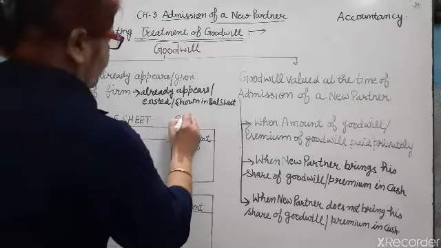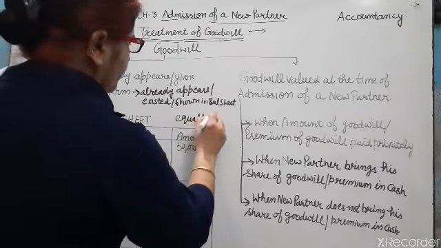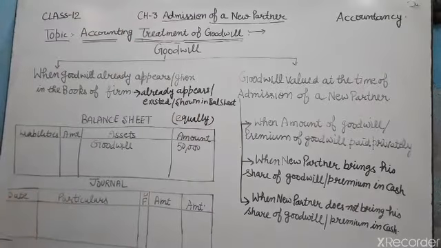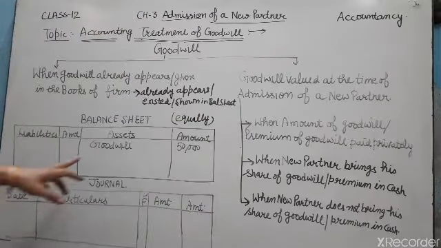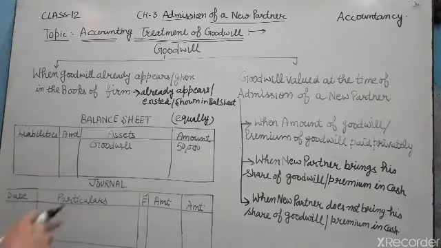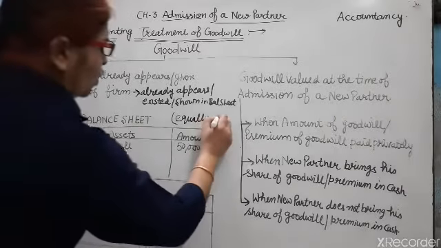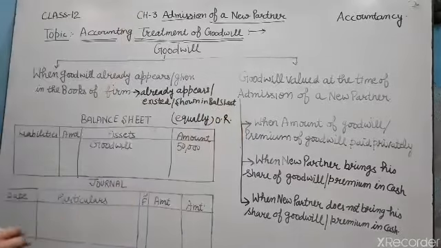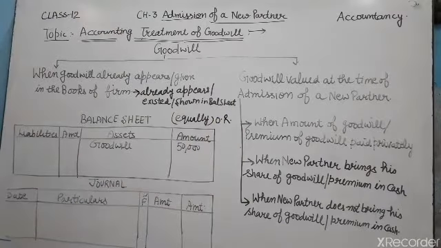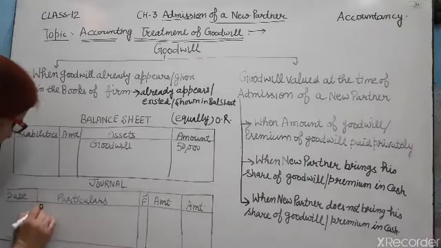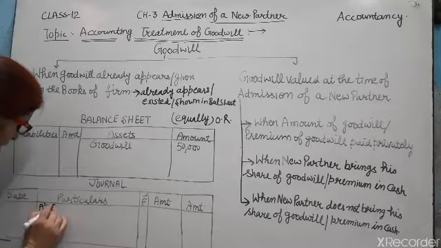A and B are partners. They share the profit equally, and C is admitted for 1/4 share. When C is admitted, this goodwill which is given in the balance sheet, we divide among the old partners in their old ratio. So we write the journal entry. First of all, we write off this goodwill, and the partners' capital or current accounts are debited. So we write A capital